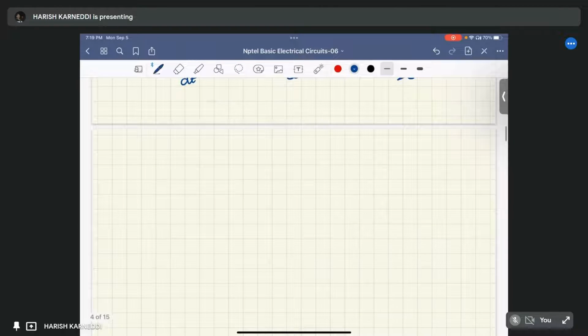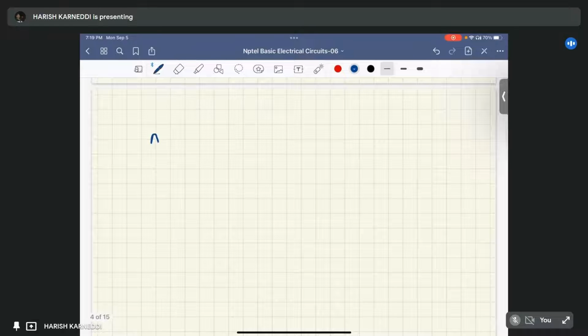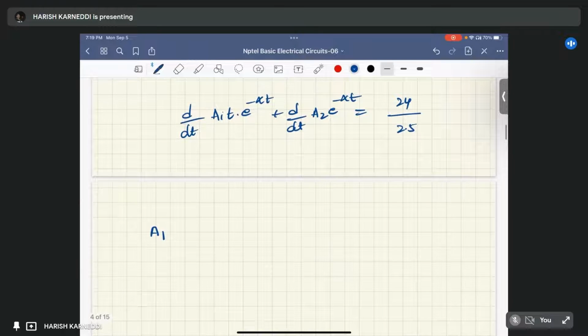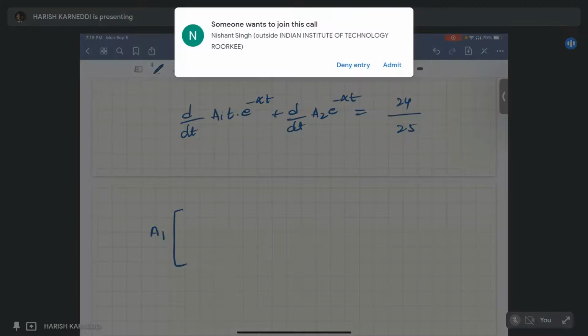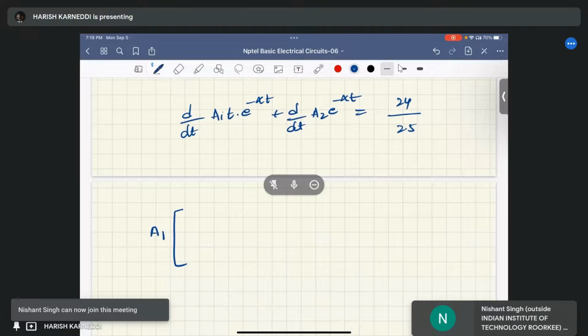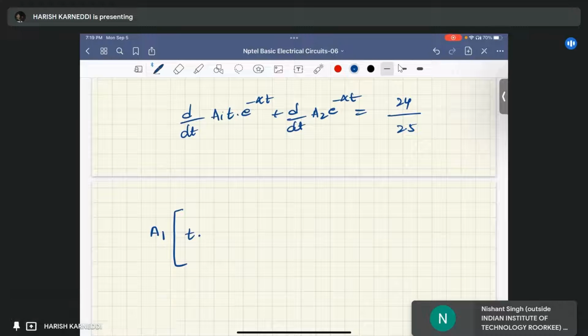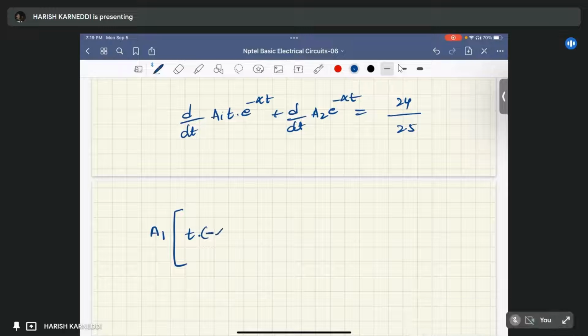So here A1 is constant. Yeah, in this A1 is constant, so A1 into first U, V differentiation, right? Initial t into differentiation of e power minus alpha t means minus alpha t into e power minus alpha t